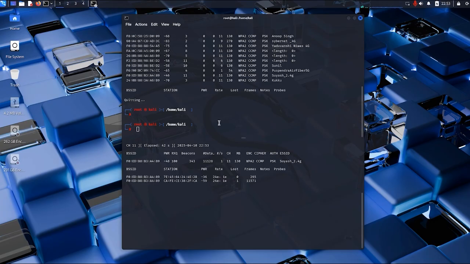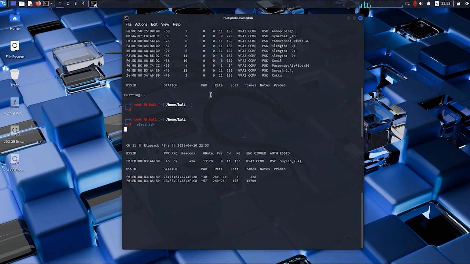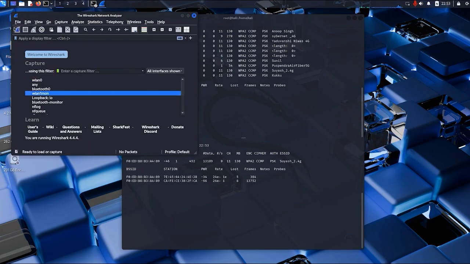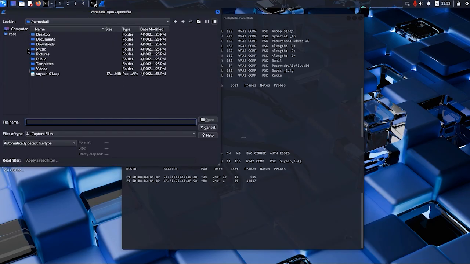And to check what data is getting transferred or transmitted in this network or on these devices, we have a tool named Wireshark. So let's use that Wireshark tool. We will type Wireshark here and hit enter, and it will just open our tool. So let's wait a second. Now we will go to the file section here, click on open, and here as you can see we have a file named